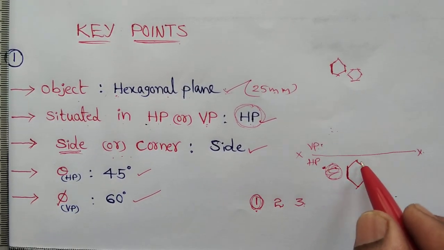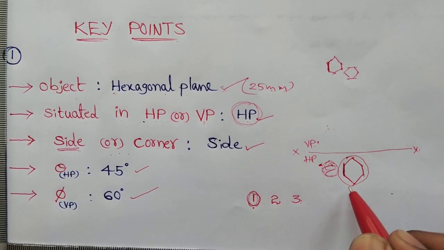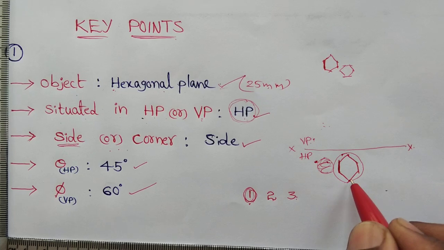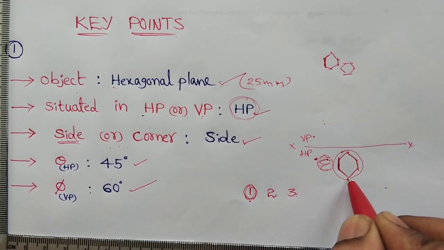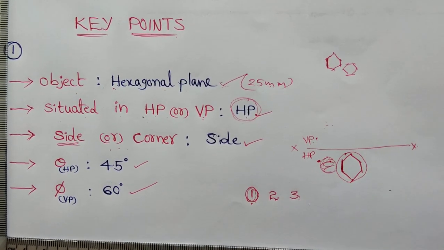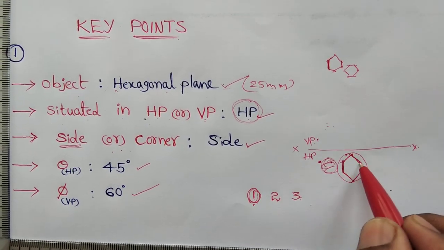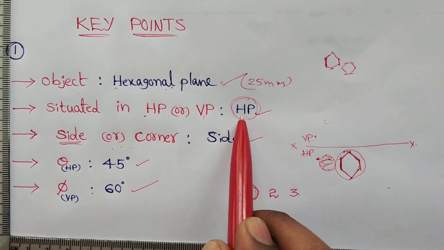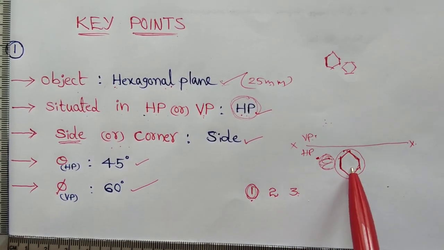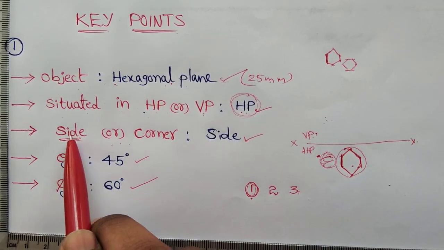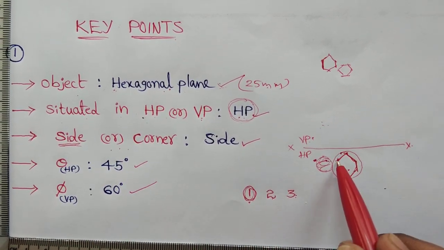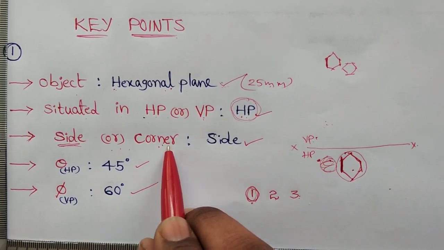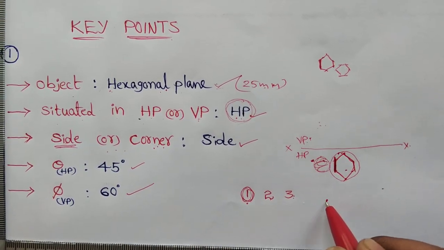So depending on this particular position we will be getting the views. Deciding this particular view is very important to complete this problem. So once again I am telling you how to construct this one. Object is situated in the horizontal plane, that is why we are constructing the true shape in the horizontal plane. Similarly, if a side is in the horizontal plane, that is why we should keep that side on the left side in the simple position. Suppose a corner is in the horizontal plane, we should keep the corner on the left side.